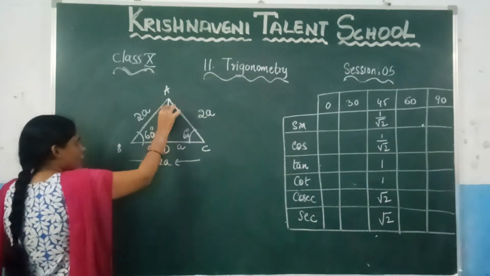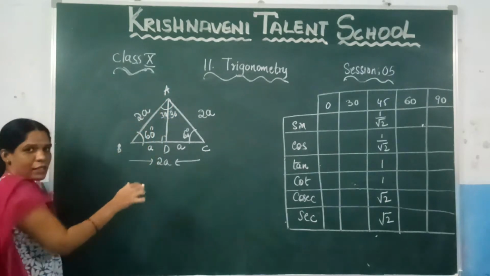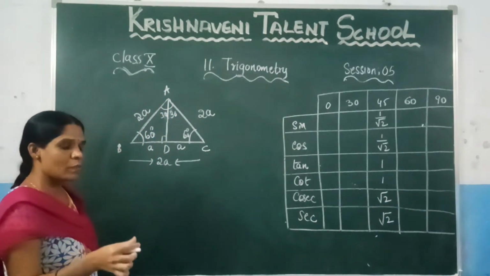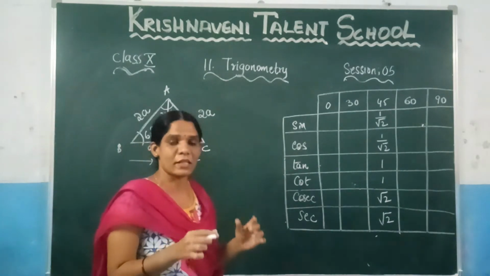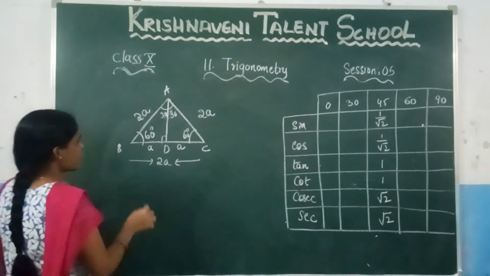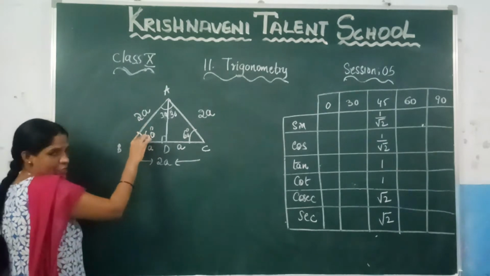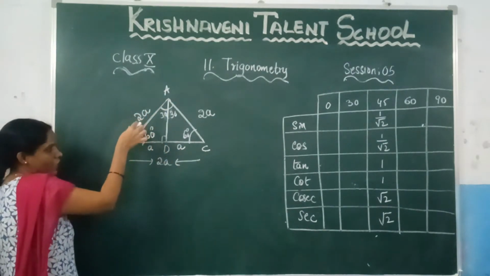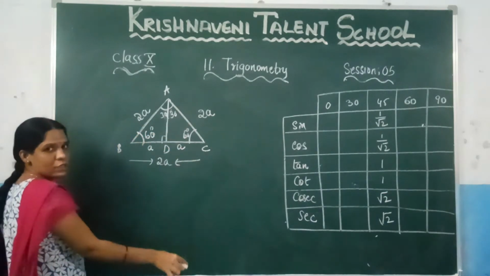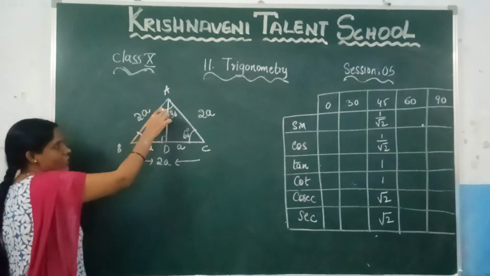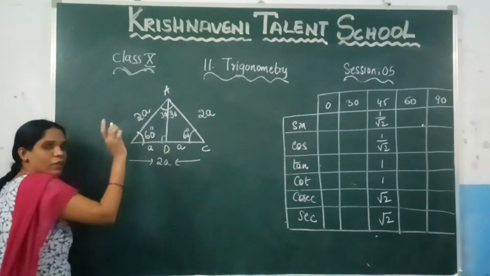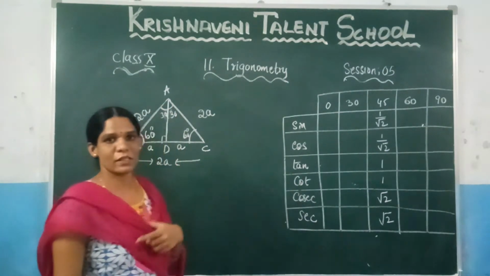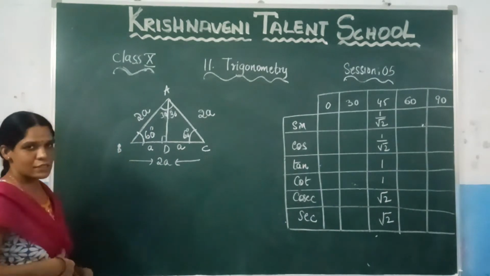into a right angle triangle. And if you consider this triangle, you can observe what the acute angles are. You know that the trigonometric ratios are always applicable for acute angles. So what are those acute angles in this case? 60 is one acute angle and 30 is also an acute angle. Now we will consider 60 and find all the values, and after that we will consider 30 as the acute angle and find all the values. Now let us see here.